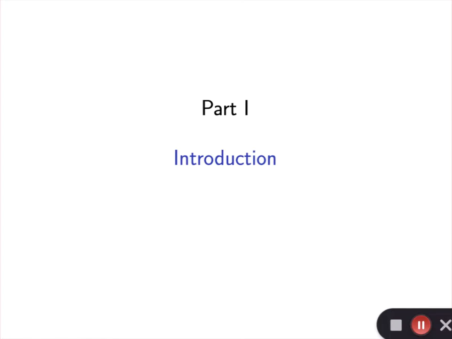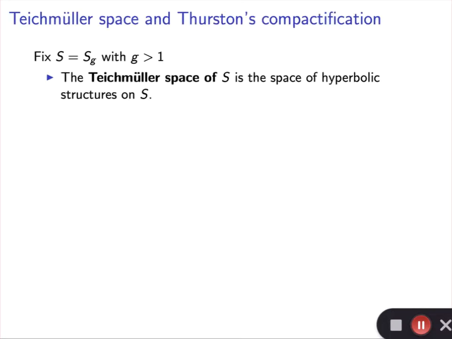So our classical motivation for this talk comes from Teichmüller space. Teichmüller space is a very important object in low-dimensional topology. One starts by fixing a surface of genus bigger than 1, and Teichmüller space is the space of hyperbolic structures on S. And one can think of this in a more algebraic way